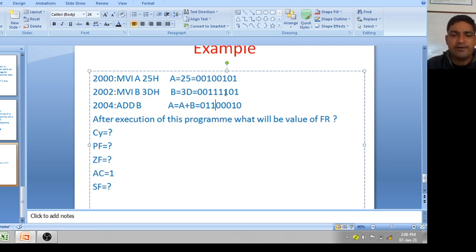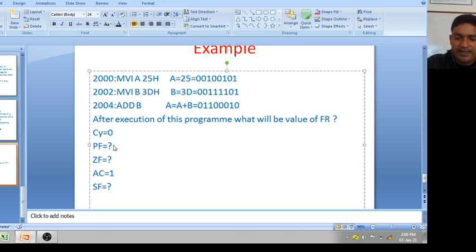Now you can see here, you are performing 8-bit operation, again result is 8-bit, so no carry is generated. So what will be value of this? This will be 0, no carry is generated, because there are only 8-bit. You can see here, there are 8-bit operation, again you are getting the same.